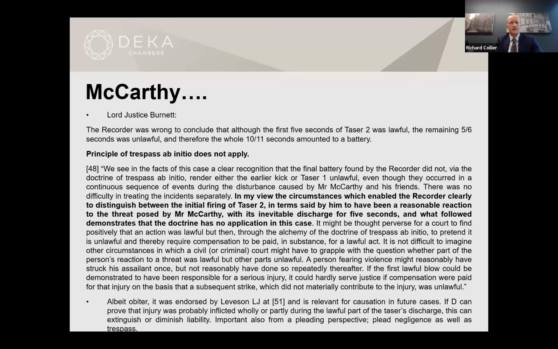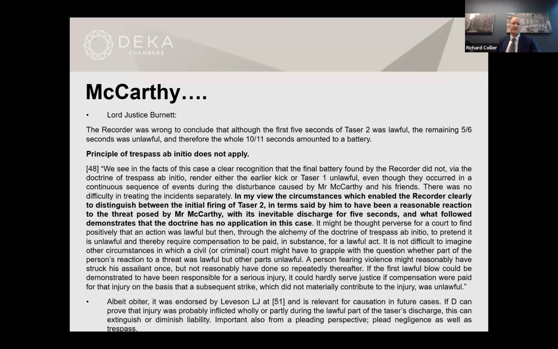I don't have time to deal with the principle of trespass ab initio and what Lord Justice Burnett had to say about it. All I will say is that if you are met with a situation where it's the length of use of the taser which is the disputed thing, so where it's accepted that it was lawful to use the taser at the outset, but it was used for too long, and so there becomes a question about the lawful and the unlawful bit of it,